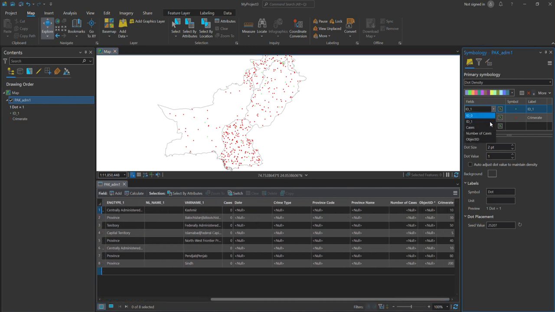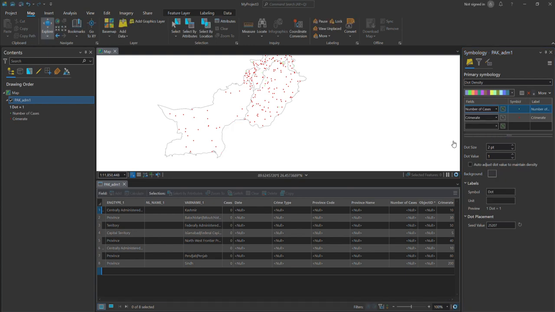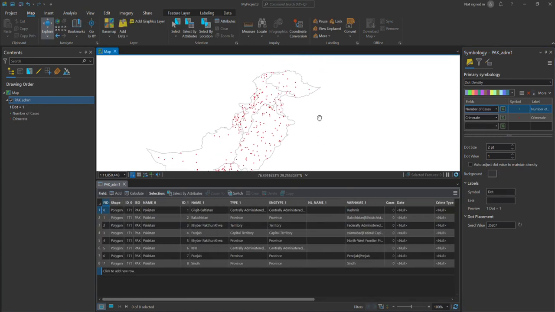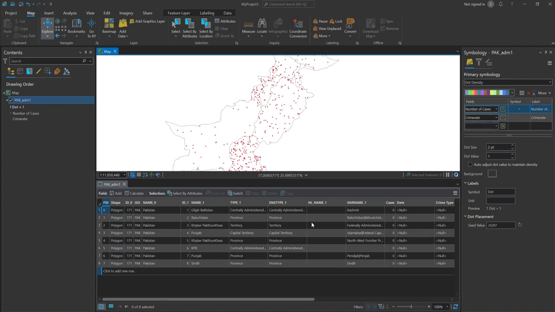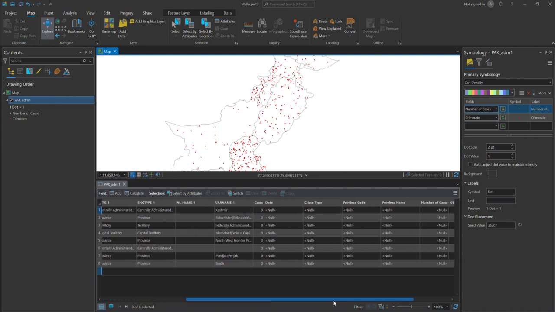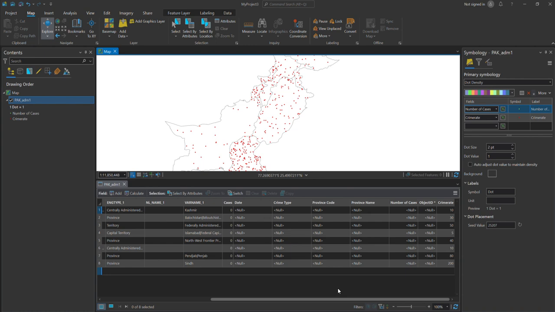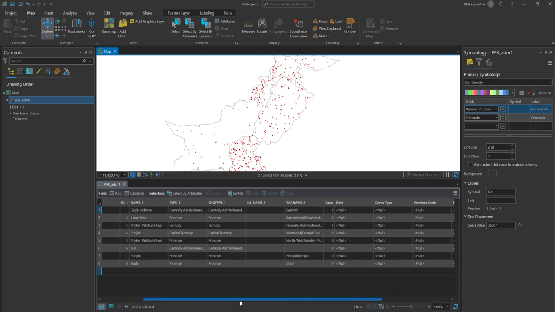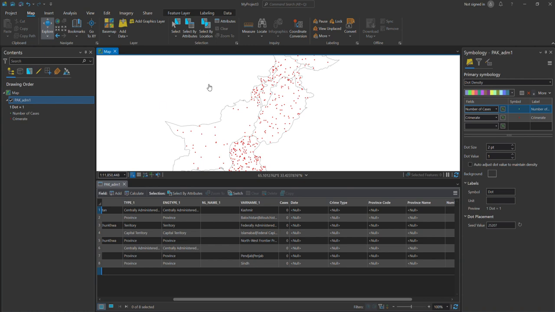And if you go to the number of cases, the number of cases is null, so it will directly show the crime rate. So you can easily type in your Excel sheet and give it the different crime rates and everything, your data which you need, and you can lay it out easily later on. Okay,